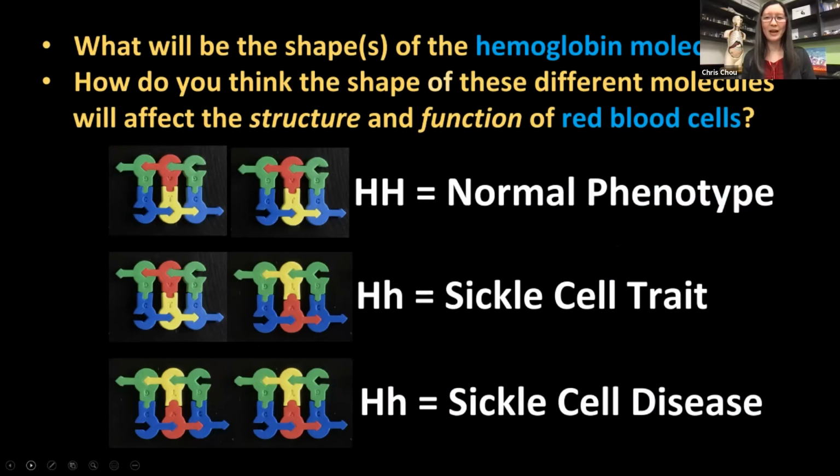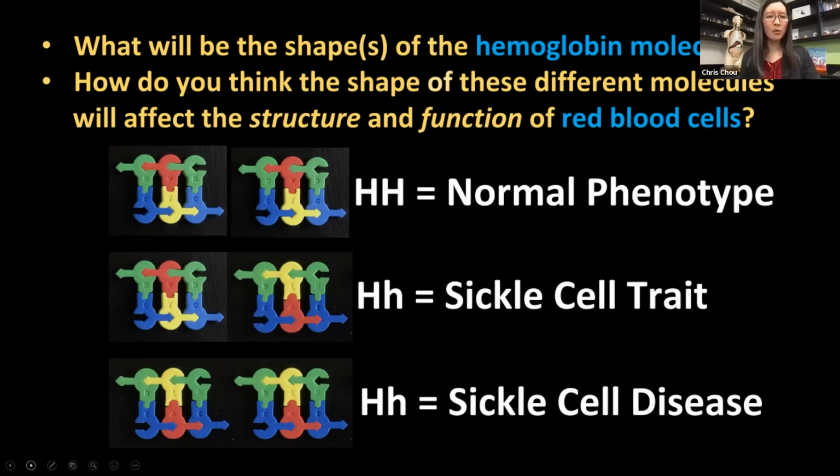And so as a result, depending on which alleles you inherit in your genotype, if you have 2 copies of the normal variant, you have the normal phenotype. However, if you get 2 copies of the abnormal